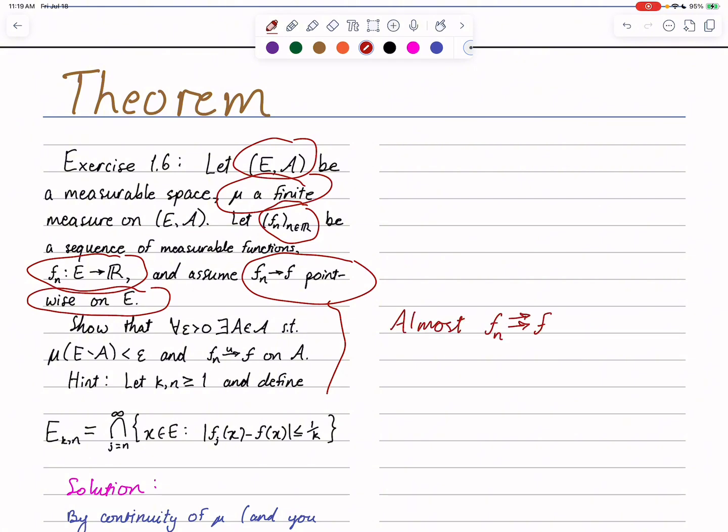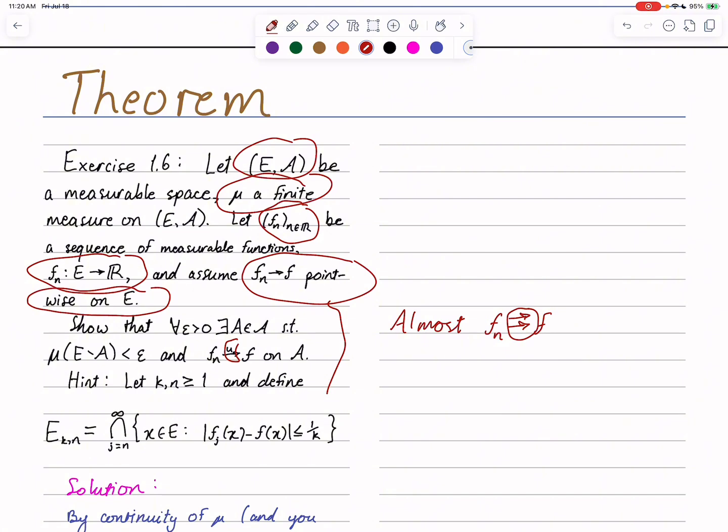So we know what uniform convergence is. By the way, this is sometimes used as notation for uniform convergence, right? So the sequence f_n converges uniformly to f. And sometimes I'll use, right, these two notations. You can also write a U above the arrow, or there are different ways of expressing uniform convergence that all mean the same thing. But I think this property, it's helpful to think of it as almost uniform convergence. So if you need to go and refresh yourself from real analysis on what uniform convergence means, please do that. But this is something that I think you'll want to conceive of as almost uniform convergence.